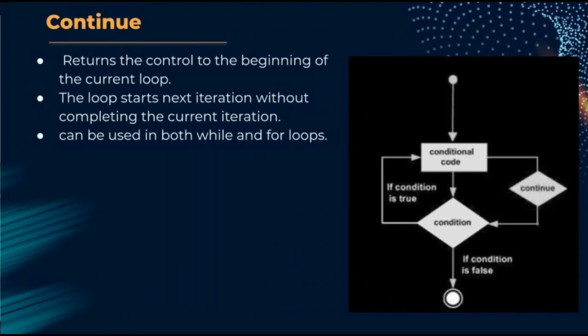So the next type of control statement for loops we have is the continue statement. Basically the continue statement is used to skip an iteration of a loop. That means if the continue statement is executed, it will transfer the control flow to again recheck the condition, that means the loop's condition. While the break statement totally breaks the loop, the continue statement just skips the particular iteration it is called for. If we specify a continue statement for a specific iteration, then that iteration will be skipped and the next iteration will start executing if it satisfies the condition. And both break and continue statements are supported by both while and for loops.